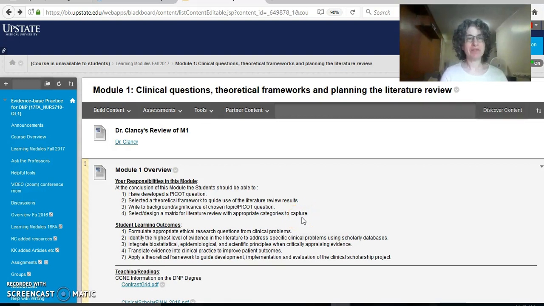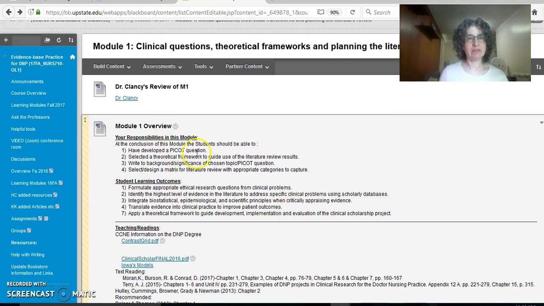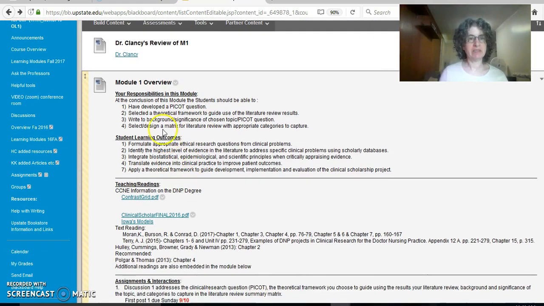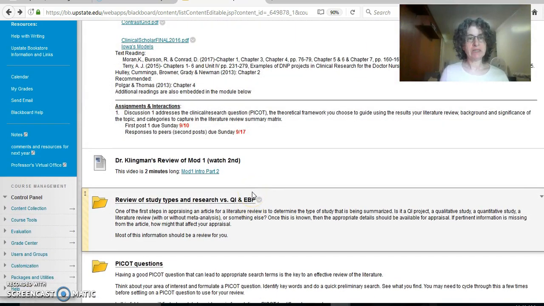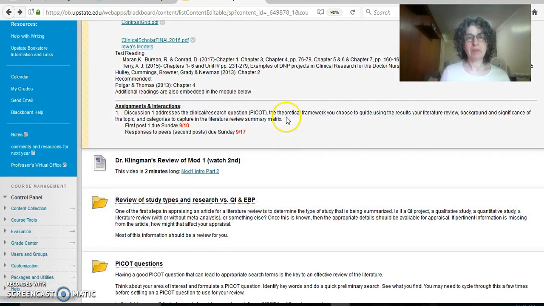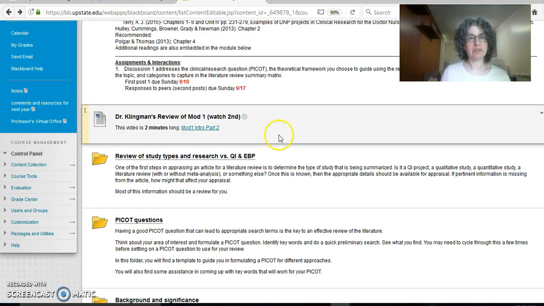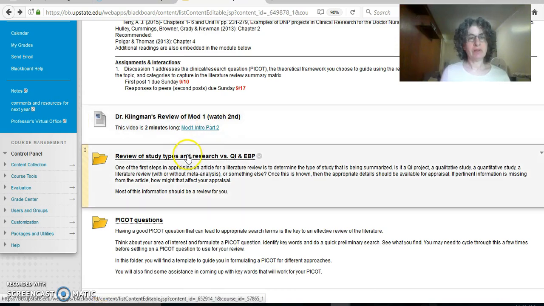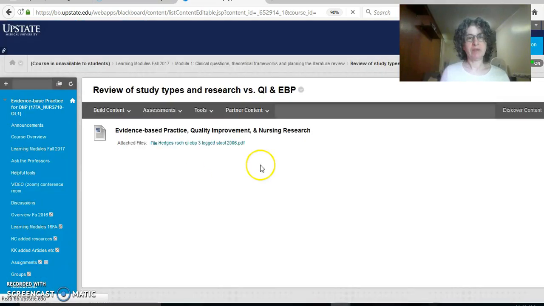Okay, so now that you've got some good overviews of this module, let's talk about how to approach the module. You'll see here there are your responsibilities and some teachings and readings and your learning outcomes. What I suggest you do to start the module is to review this folder here that talks about QI and